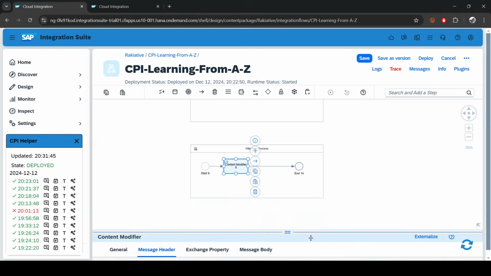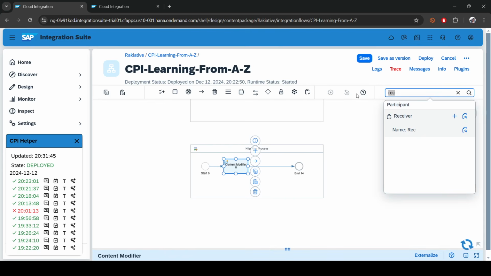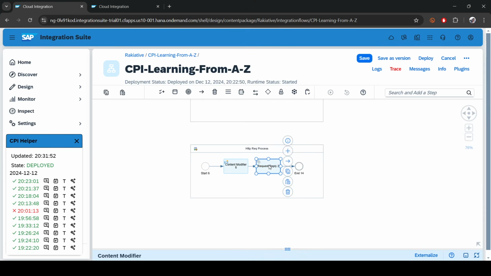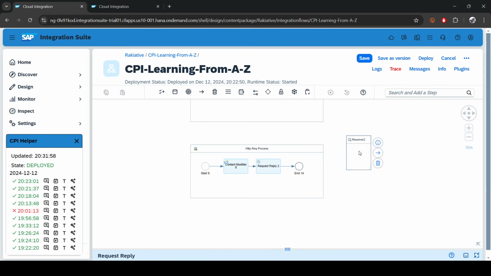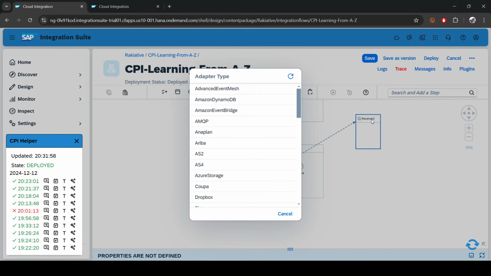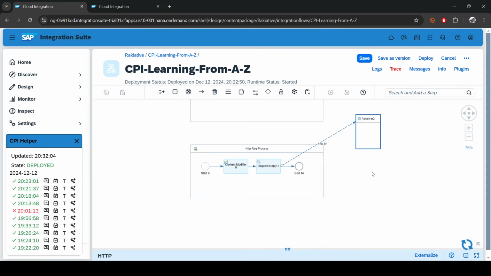All right, and then I will add a request reply, and I'll need a receiver as I already told you. If you are calling multiple APIs from the same kind of server which requires something, then you can use the same receiver for multiple APIs. HTTP